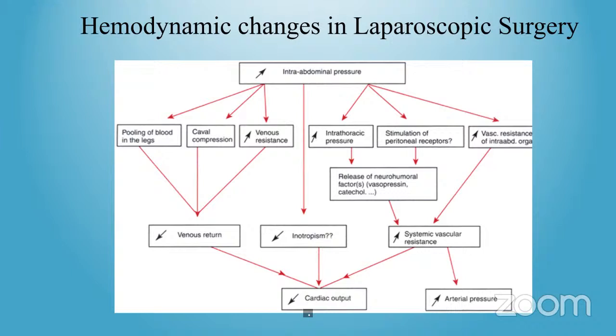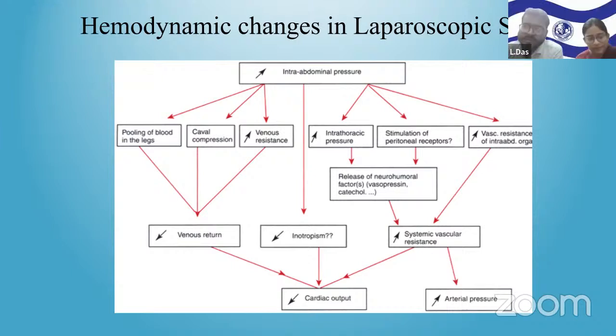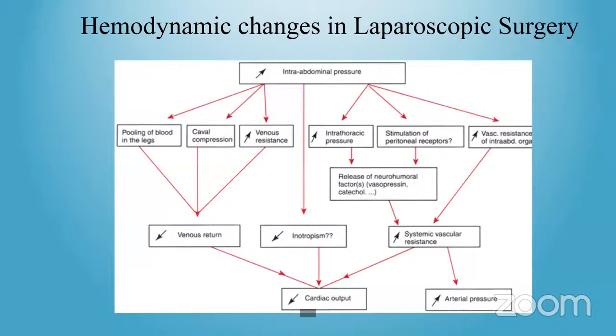Can you please tell me what is that particular time when you can expect that the cardiovascular changes usually due to the pneumoperitoneum start settling down? Sir, between 25 to 30 minutes post insufflation of carbon dioxide, the hemodynamic changes begin to settle. Usually not more than 15 to 20 minutes. 15 to 20 minutes is what most of the literature says.